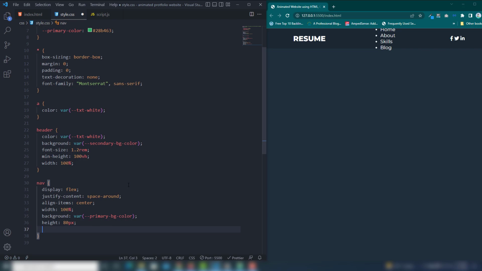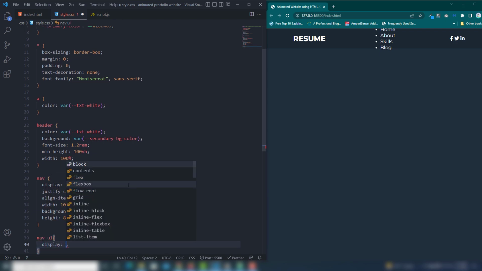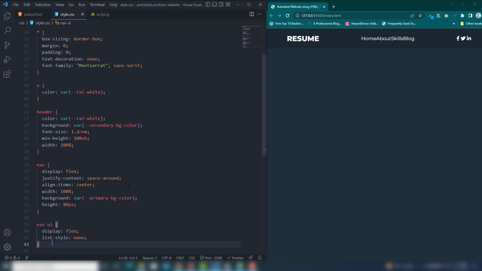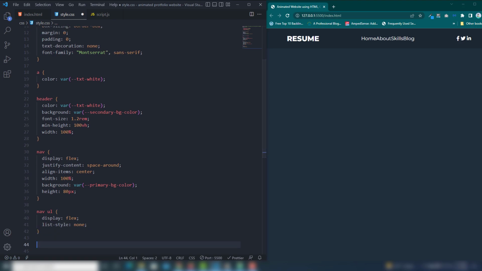Then I select nav UL tag. The first thing is I'm gonna call display flex, and list style will be none. Perfect. I think everything is perfect on there, guys.